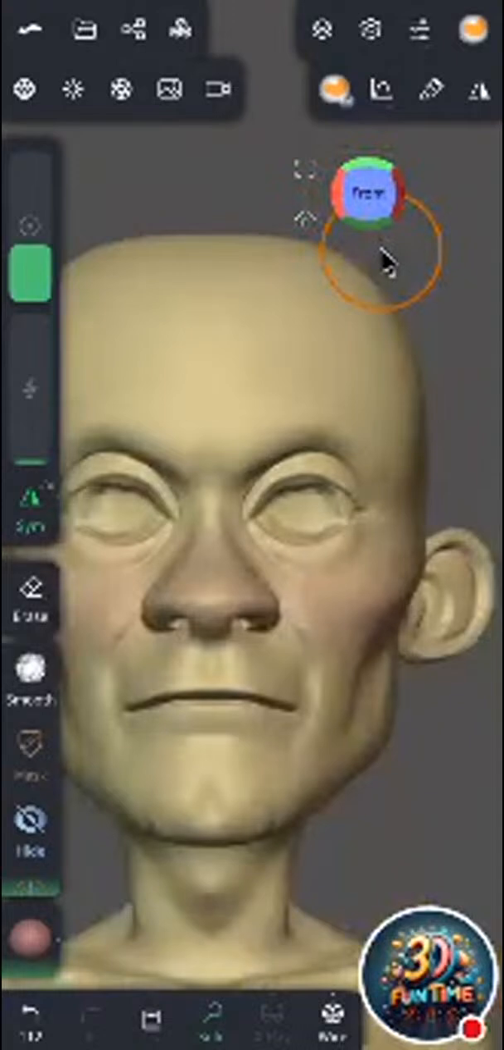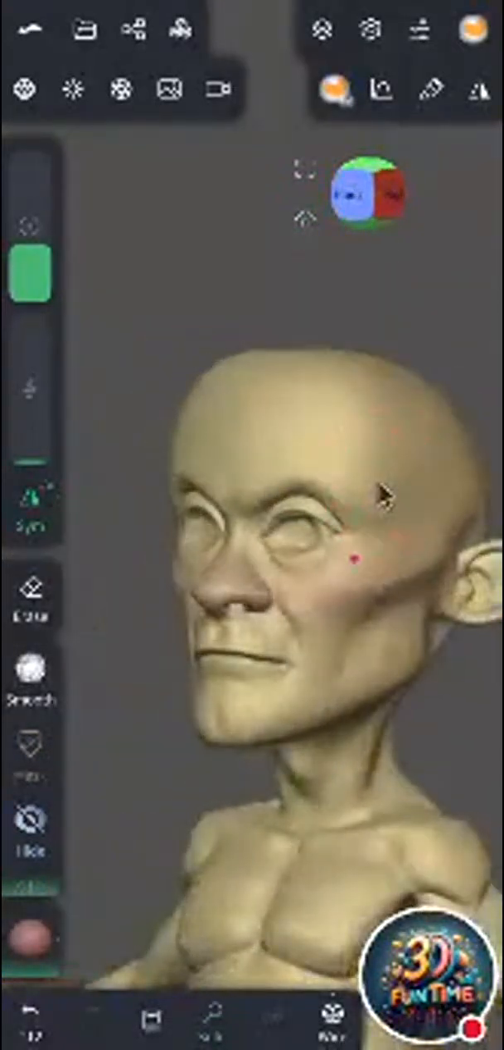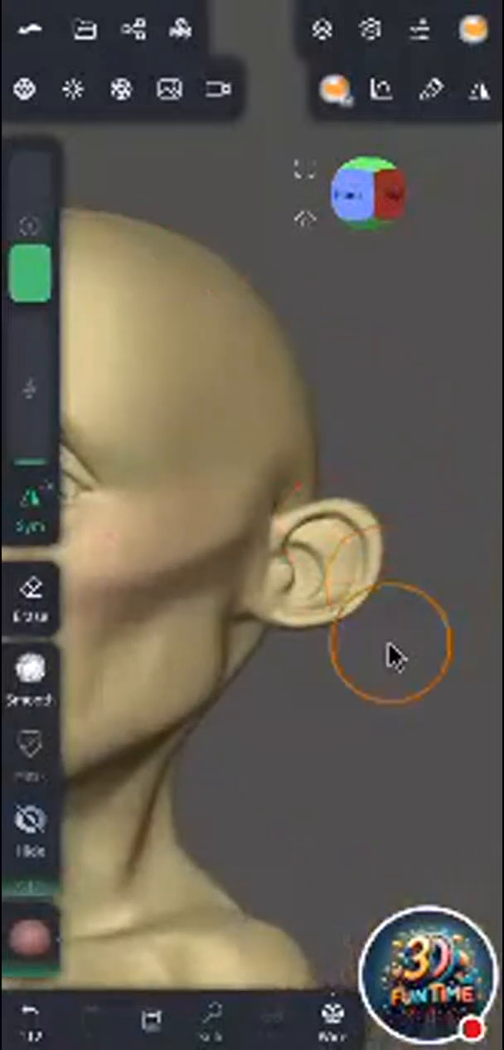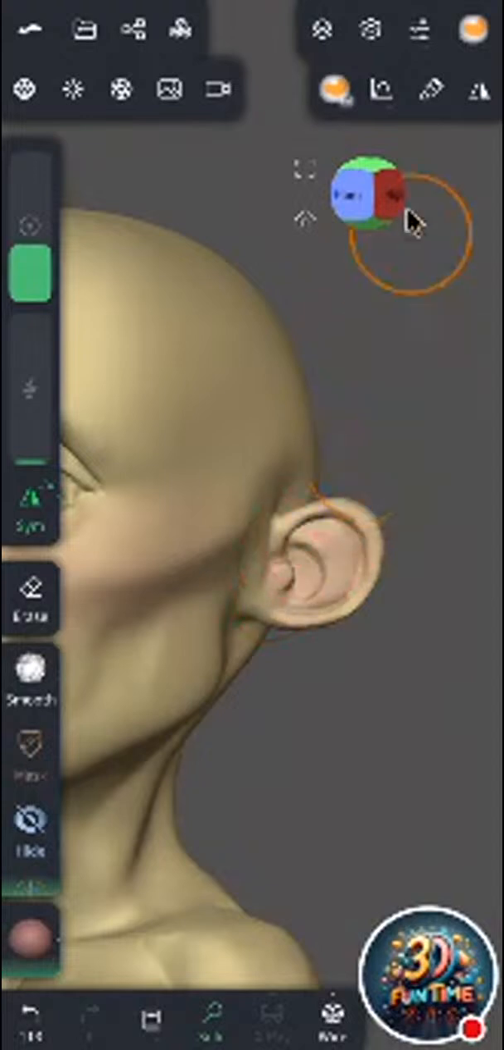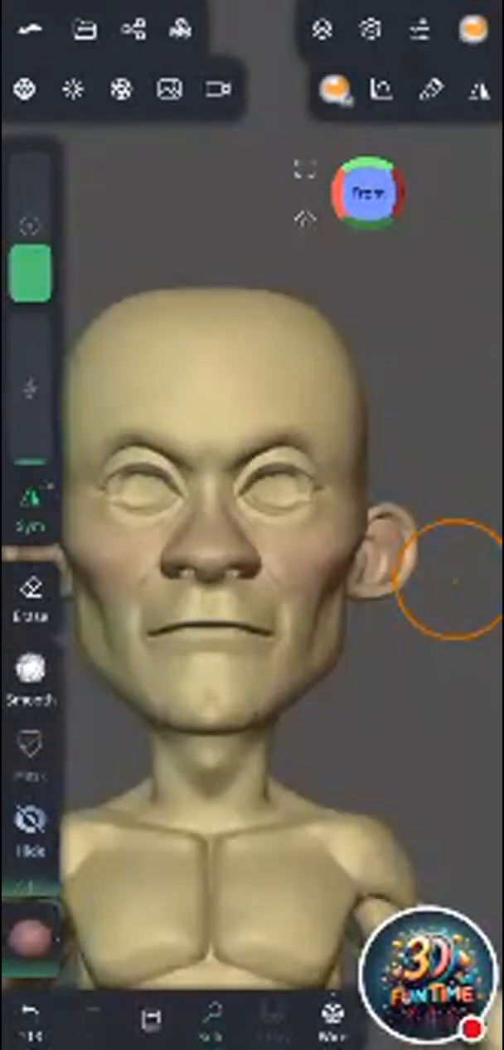From the front side, let's see how it's looking. It's looking okay. From this view, we need to add some reddish color here for the ears. Now from the front side, it's looking okay. Now it's time to work on the